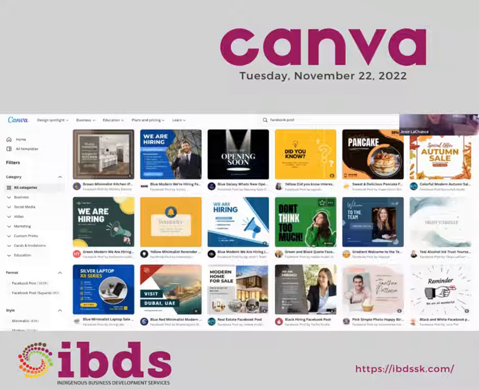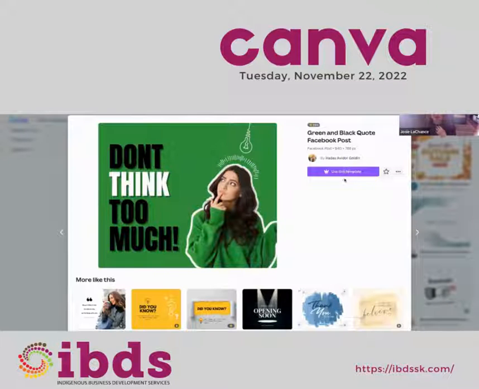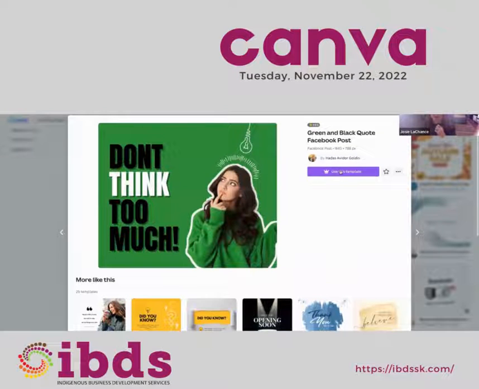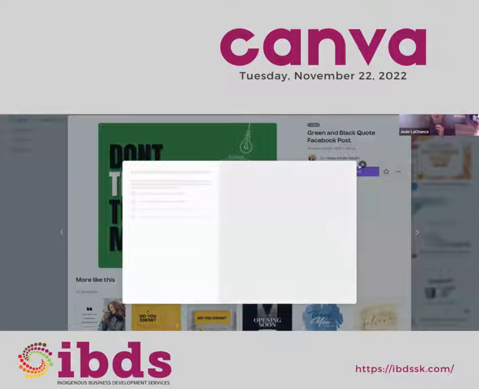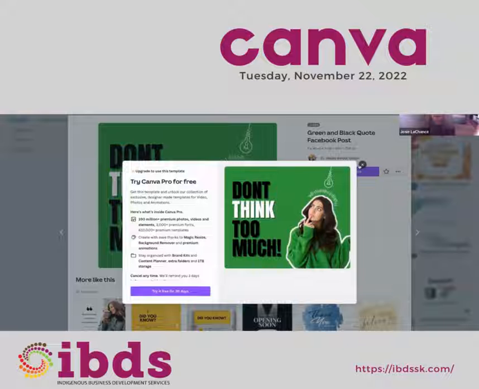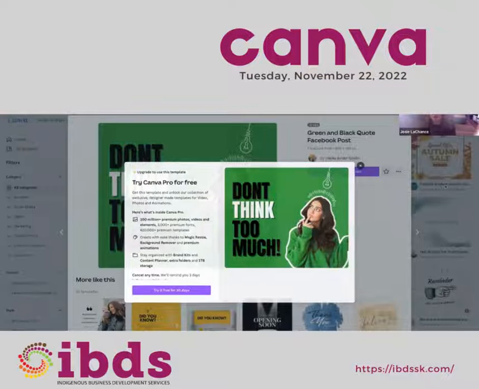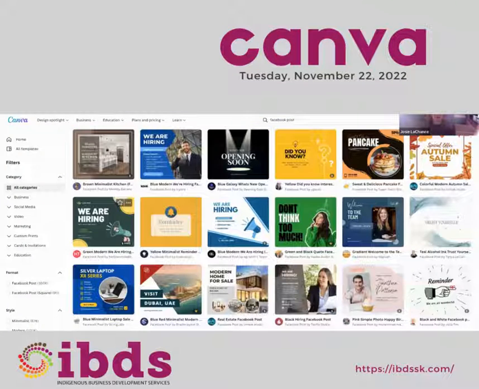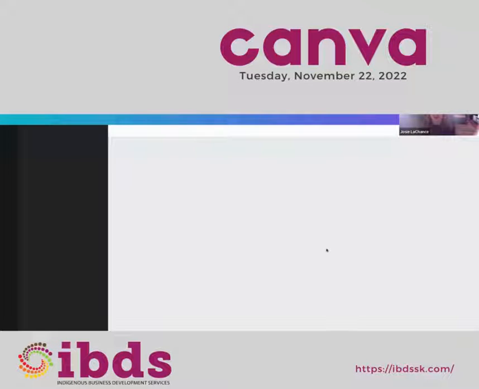If you see ones like down here where it says don't think too much, and it has the little crown, that's Pro. If I click on it and say use this template, it's not going to let me access it because I don't have the Pro version. If we go back to this one, it opens right up in Canva for me, ready to edit.